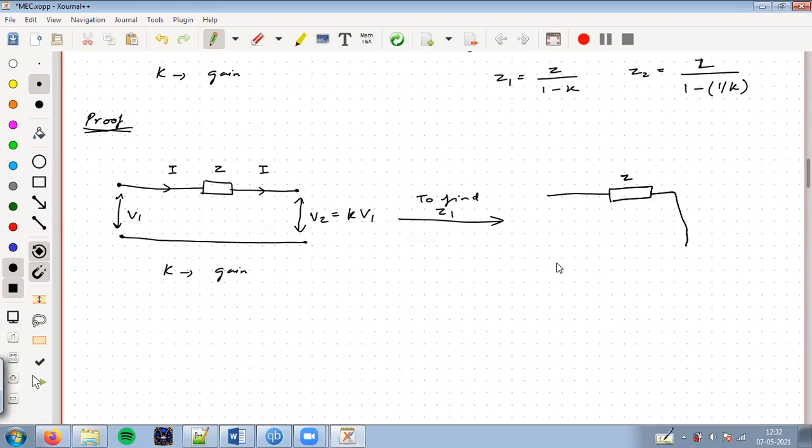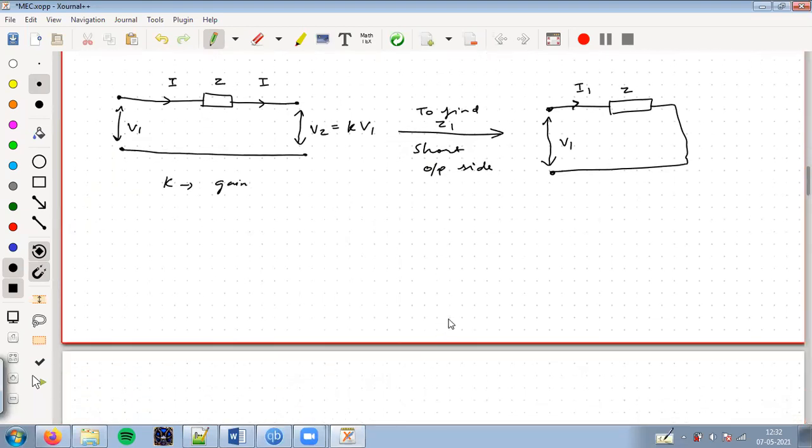And this is like this. This I will call current I1. This is V1. Okay, that is it. So from this short output side, what I do is from this circuit, if I apply KVL, then I